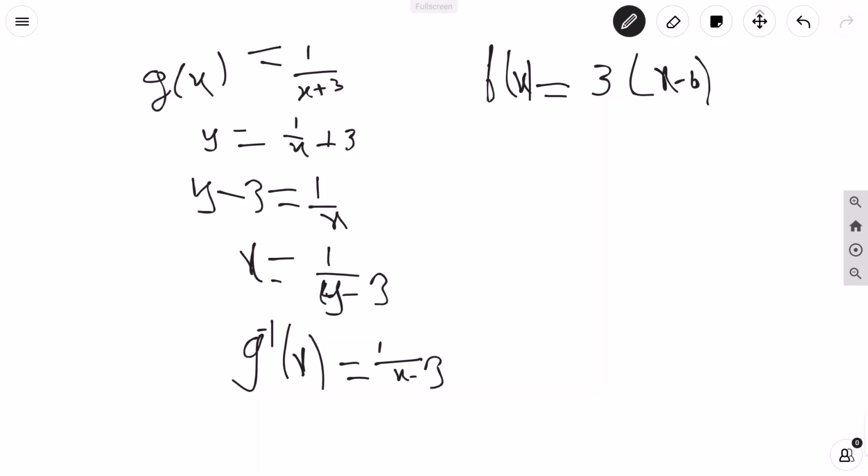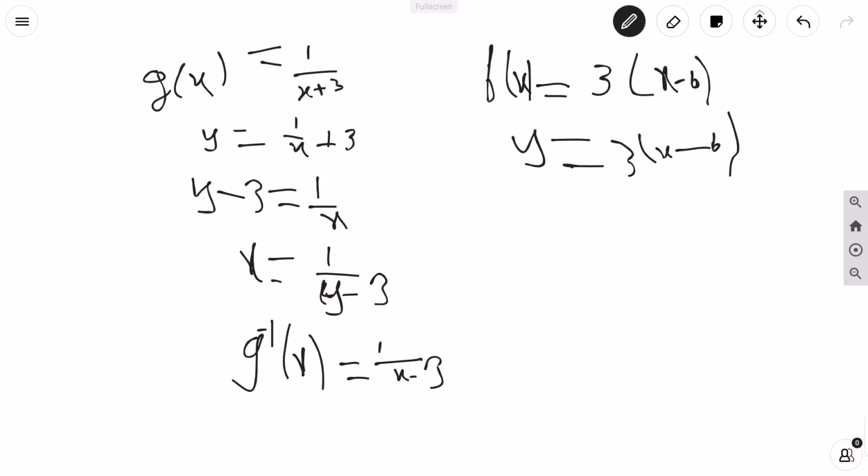So now we're going to equate this to y first. So y equals 3 into x minus 6. Just because it has 3 into x minus 6, you don't have to immediately